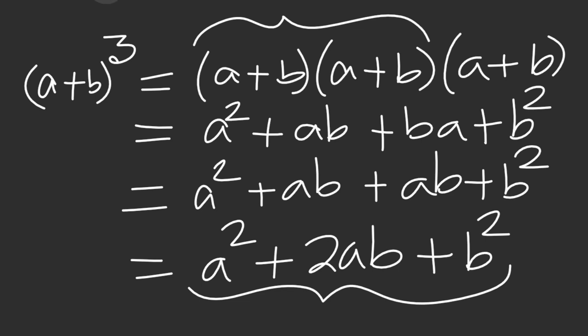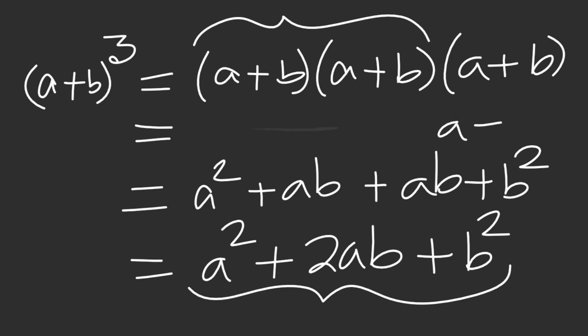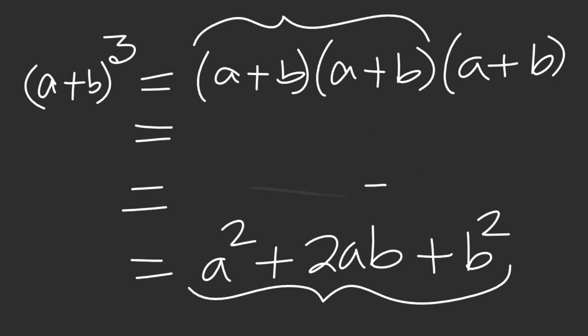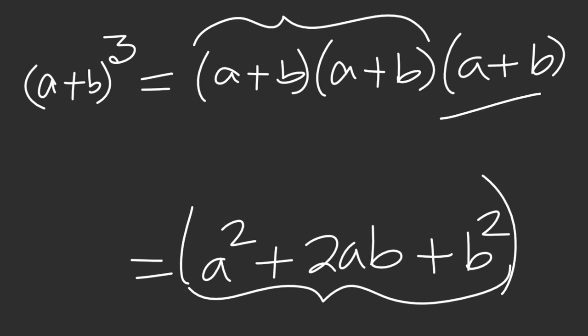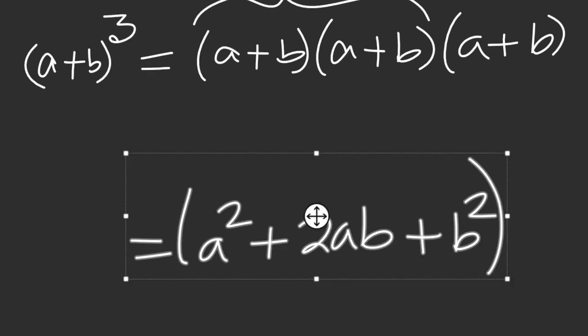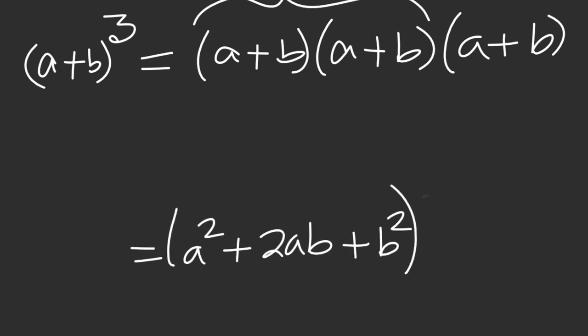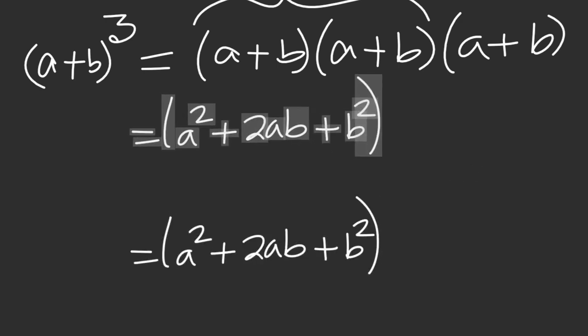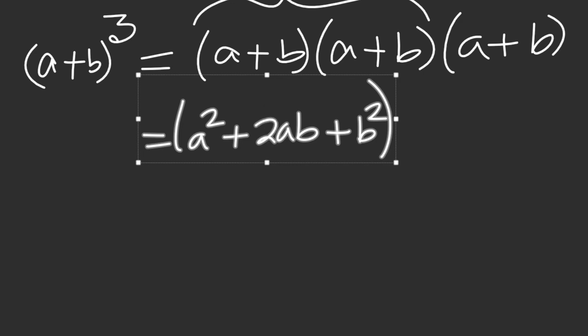Hence we remove this part and we write a square plus twice ab plus b square instead of (a plus b) into (a plus b), and then we multiply this entire thing with this (a plus b) that we have multiplied extra. Hence we take this a square plus twice ab plus b square and place it out here,